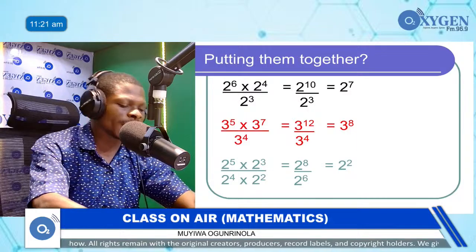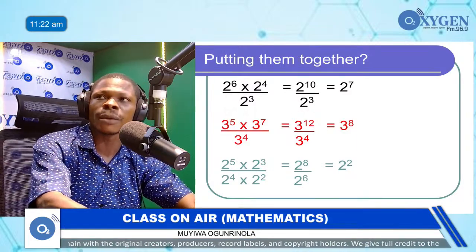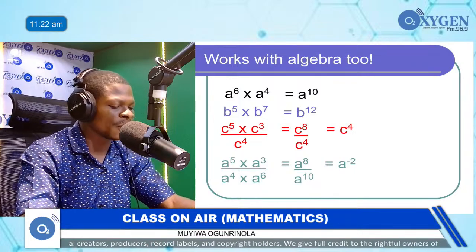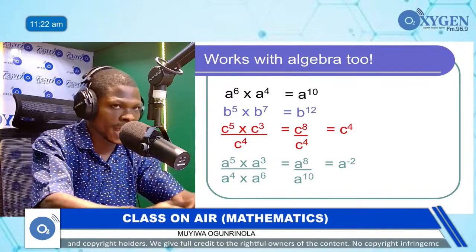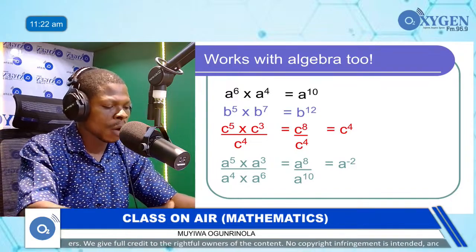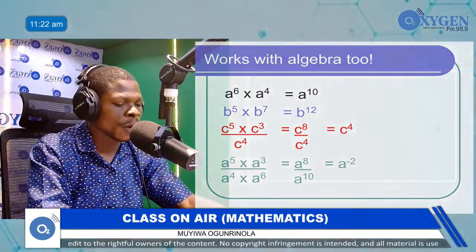Another one we still need to look at is the bracket law, or we talk of power of power. When you have a raised to power m all in bracket raised to power n, in this case you see that we have 2 powers there: a raised to power m inside the bracket, and outside the bracket again is still raised to power n. In that case, this one is going to be multiplied because the bracket implies multiplication. So this one will now be a raised to power m